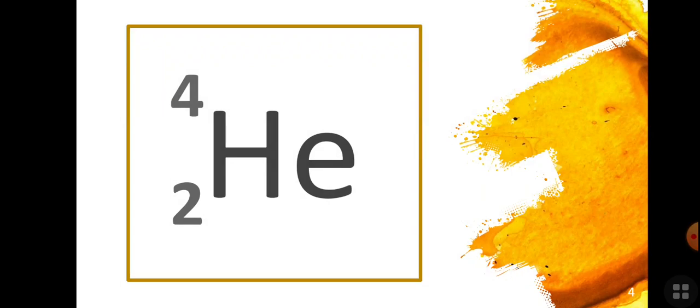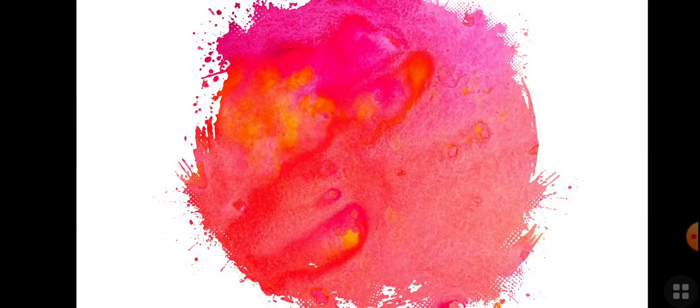So an example here is helium. Helium has a symbol of He, then its atomic number is 2 and its atomic mass or mass number is 4. So meaning to say helium has 2 protons and 2 neutrons. So that's it. But if you're going to observe the periodic table, you may observe that all of the elements have